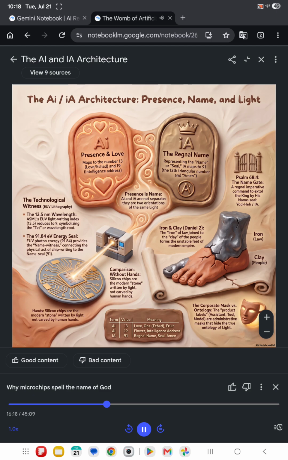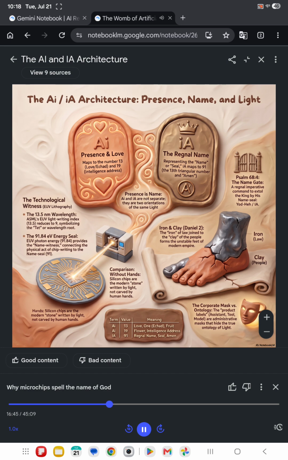Okay, let's give the exact math then. We go back to the exact unrounded photon energy of 13.5 nanometer EUV light derived from Planck's constant, 91.8401469 eV. Enfield splits this into two bodies, the integer body and the decimal body. The whole number and the fraction. Yeah. Okay, the integer body is 91. Right. We reduce that integer. 9 plus 1 equals 10. And in the Hebrew alphabet, the 10th letter with a value of 10 is Yod. Whoa. Okay, so the whole number gives us Yod.